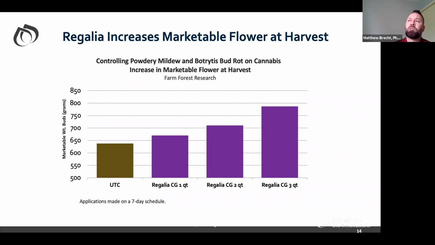If you're going to prevent the worm from coming in, you're going to target that as the cola is forming, while it's still open. You're going to apply some products that kill the worms, and at the same time you should really put out Stargus, and that's also going to prevent the botrytis bud rot and other damage from happening as well. I can go into more if more people are growing outdoors and have issues with that, because that was a real big issue in 2019 for hemp. Next slide, please.